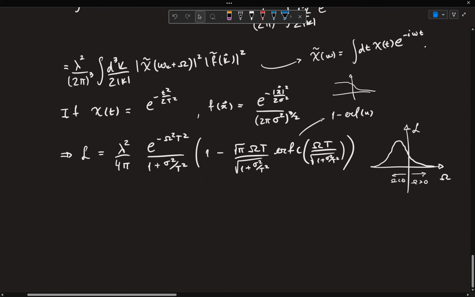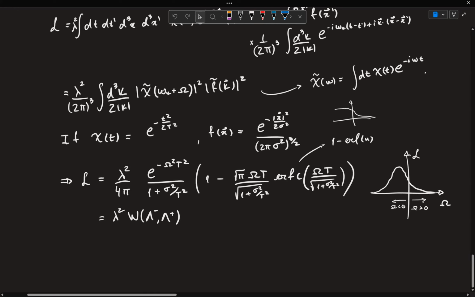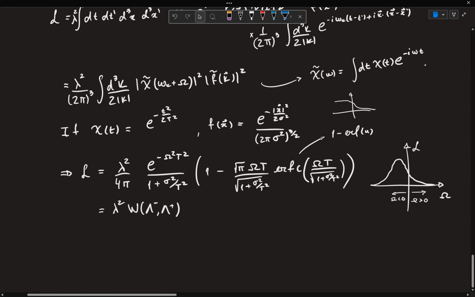The key thing here is that sigma is the spatial size of the detector, and T is for how long the detector is coupled to the field, right? And of course, this L is also an analytical calculation of the W of lambda minus lambda plus, which you could always compute and things like this. And now these scales, the sigma and the omega and the T, they all play a role in defining what's actually going to